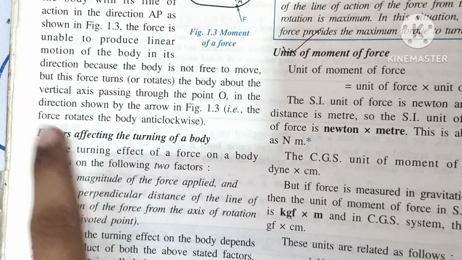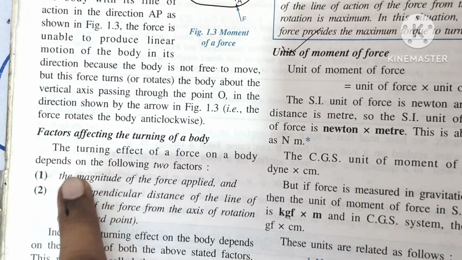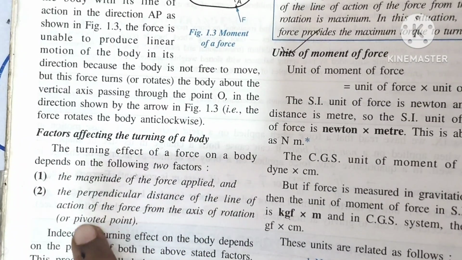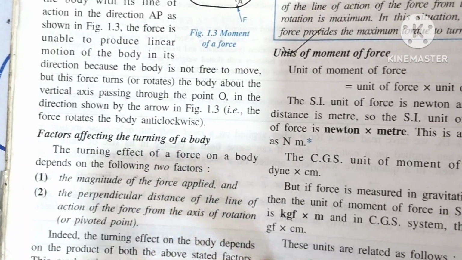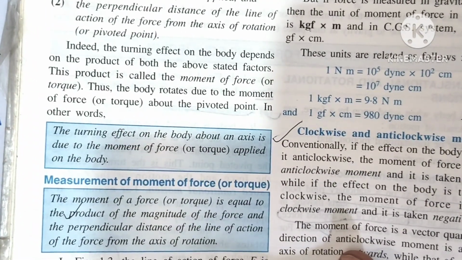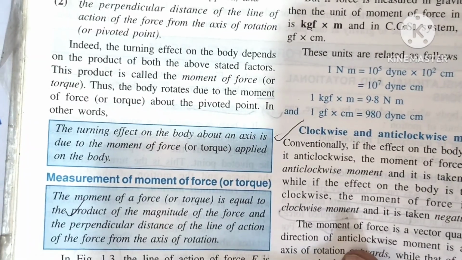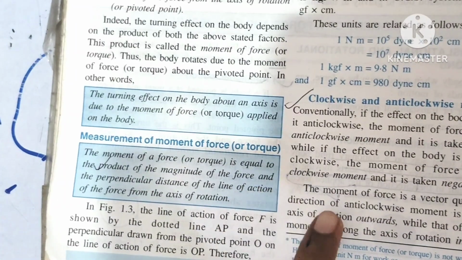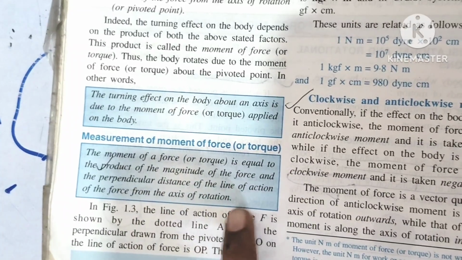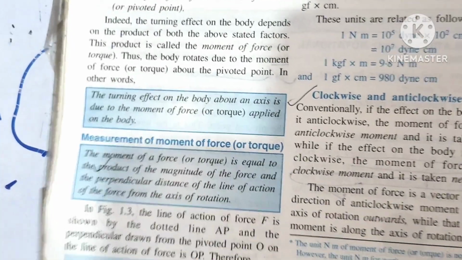So what are the basic factors on which the moment of the force or the turning effect depends? That is the magnitude of the force applied and the perpendicular distance of the line of action of the force from the axis of rotation. The turning effect on a body about an axis due to the moment of force applied is called torque, and the moment of a force or the torque is equal to the product of the magnitude of the force and the perpendicular distance of the line of the force from the axis of rotation. So what are these lines saying? Let's